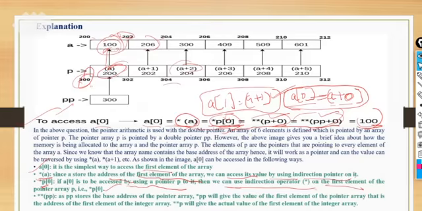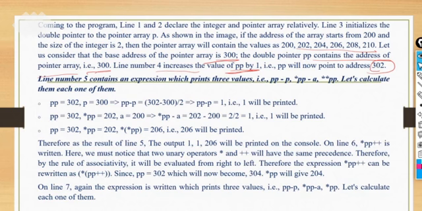Now you have to divide it by 2. Why is it so? We are getting 302 minus 300 divided by 2 because we have the binary slots here, and each and every pointer has 2 bytes, so that's why we have divided it by 2. If you take floating point values, then you have to divide it by 4. If you are taking integer, then you need to divide it by 2. It is only in the case of pointers, because a pointer takes space according to the values that you are entering here. So for integer values, it's divided by 2.